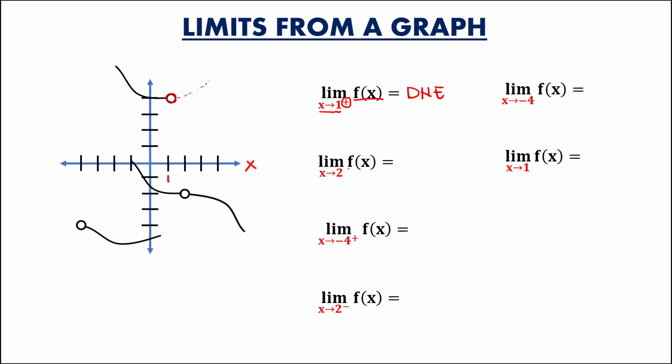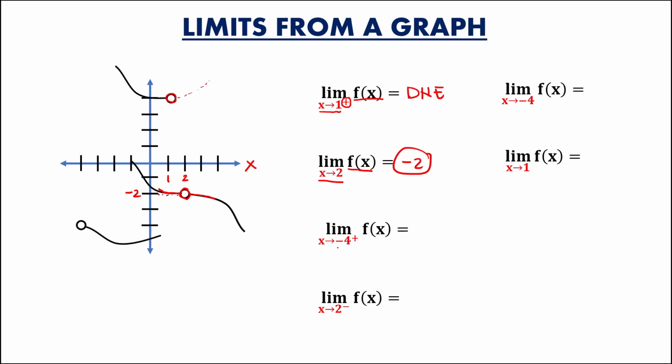Then for the limit of a function as x approaches positive 2, there is no positive or negative sign, so for this limit there must be a right side limit and a left side limit. This is x = positive 2 and this coordinate, and observe there is a right side limit and a left side limit. So this limit is equal to negative 2.